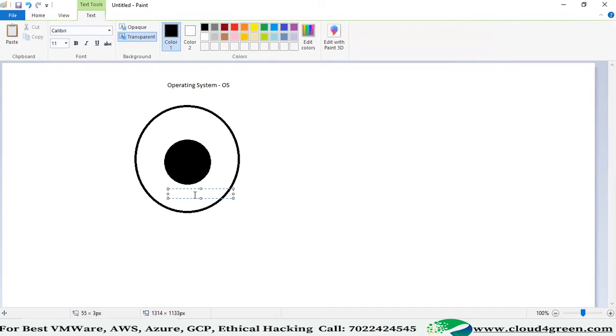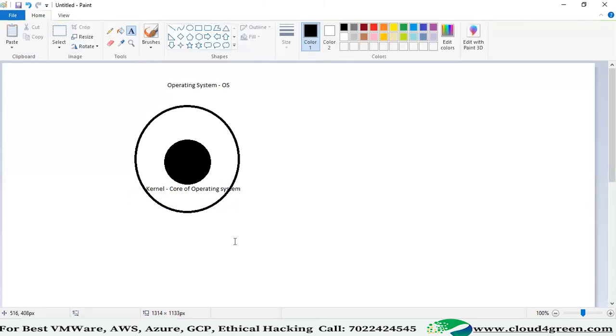This is called kernel, also called the core of the operating system. Innermost layer or core of the operating system is called kernel. Outermost layer is called shell.